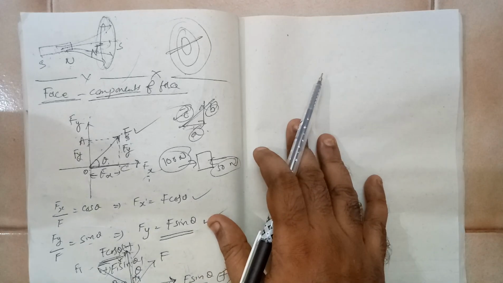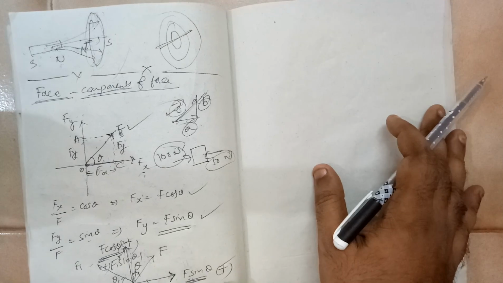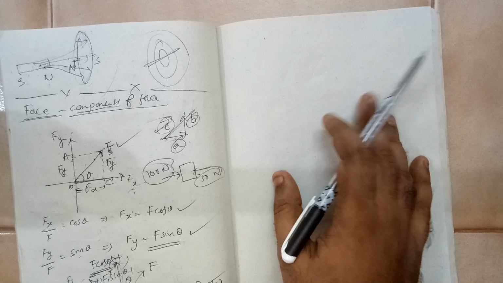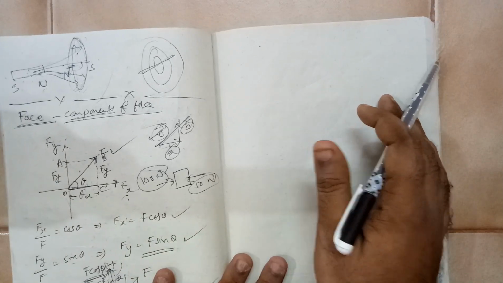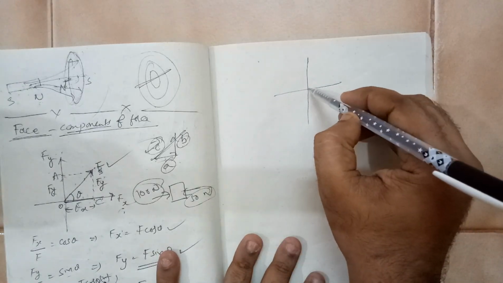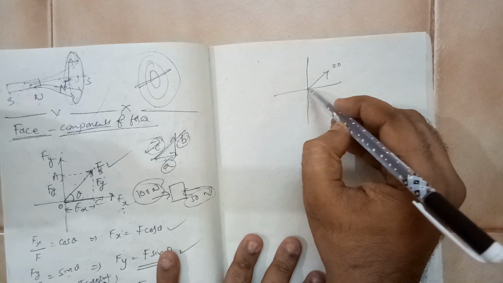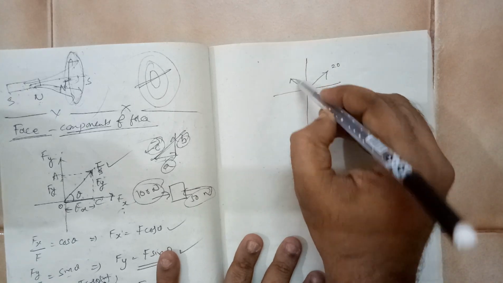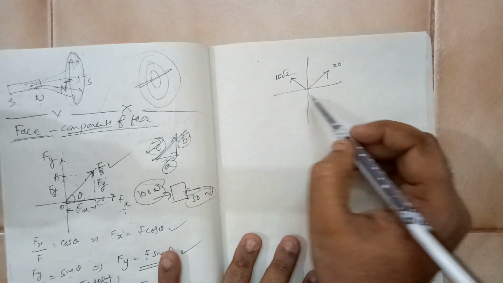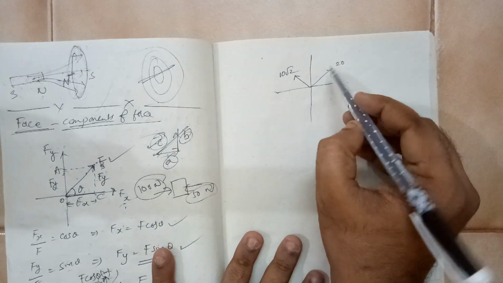Now, while making components, you should be very careful about some points. So before going into that aspect, let us say a group of forces is given, then how do we find the components and the final resultant? Let us say there is a force given here, 20, and this is the 10√2 force, all in newtons. These two forces are given and you have to find the resultant of these two forces.